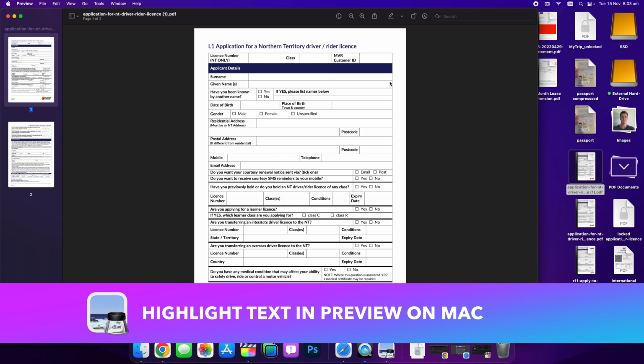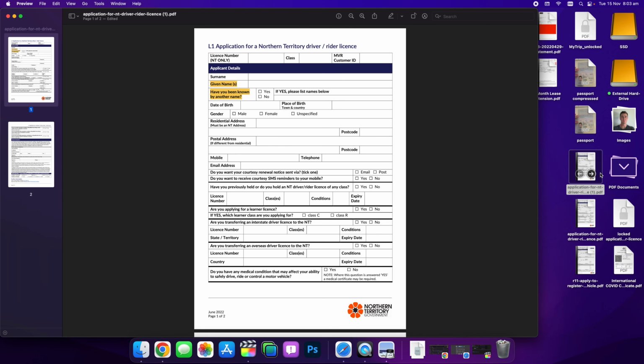Hello guys, in this video I'm going to show you how to highlight text in Preview on Mac. So there you go, I've just done it right there and it's that simple. But the way we're doing it is we're opening up our PDF on Preview and then we're going to go